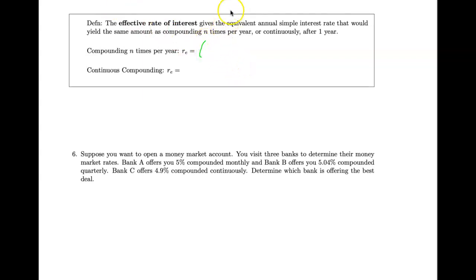1 plus r over n to the n, and then there's no t there because it's only for after 1 year, minus 1, and e to the r minus 1. So I want to show you where these formulas are coming from, or give you some intuition behind